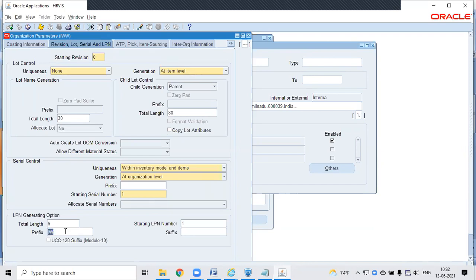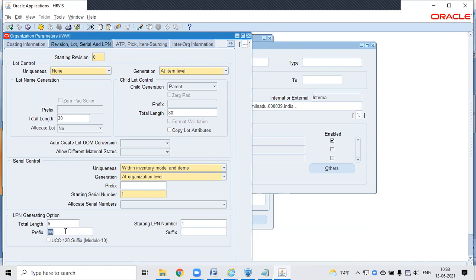For that reason we always have a different prefix. And there is a WMS license plate number table. We can utilize the same LPN number, but it is always suggested to have a different LPN number based upon your warehouses. And we used to give the prefix as warehouse name or a short warehouse name so that it can be easily recognized.